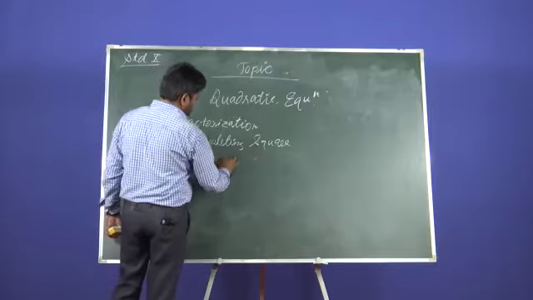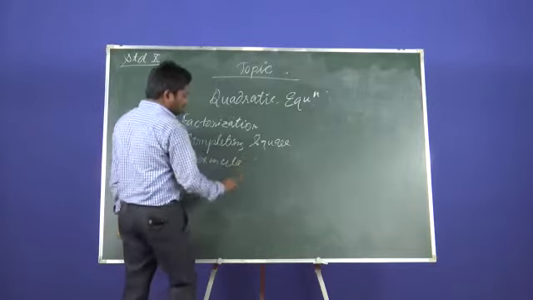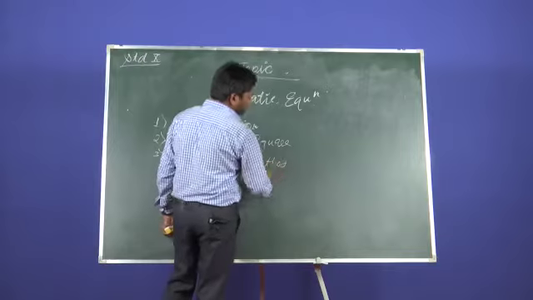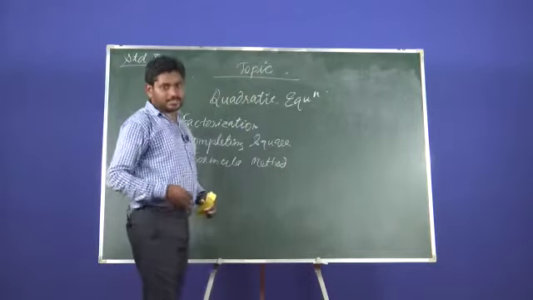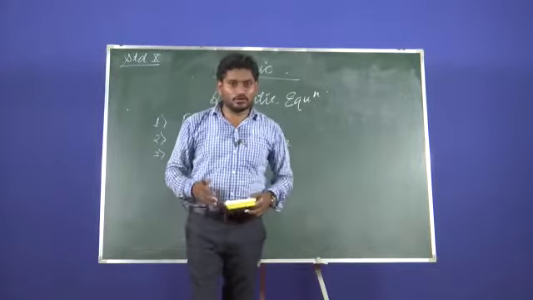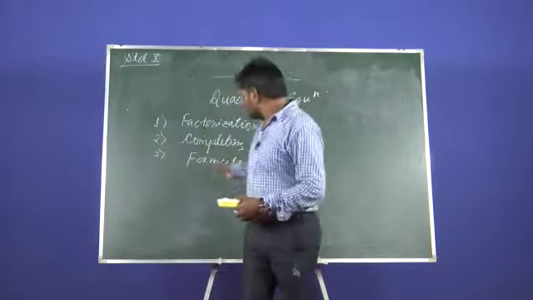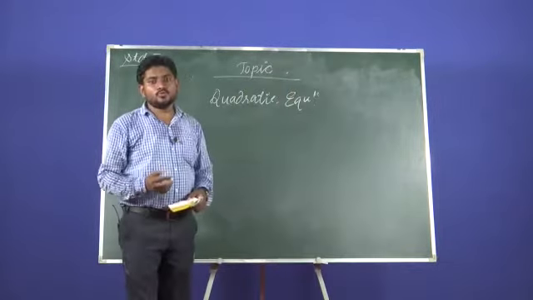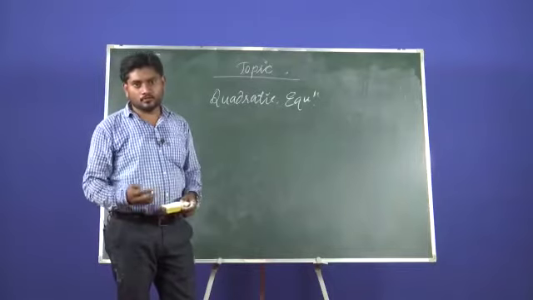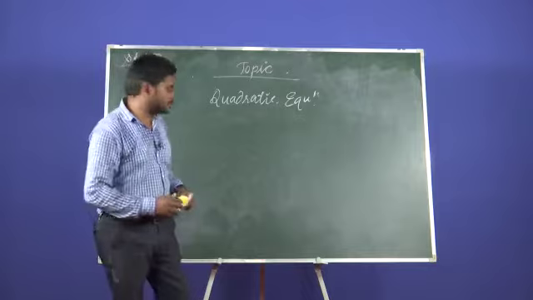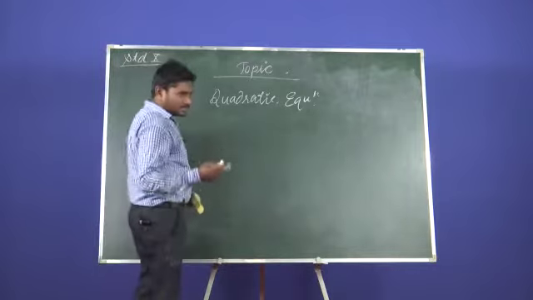the formula method. Guys, sometimes it is called the Sridharacharya method, formula method or Sridharacharya method, because it was derived by the Indian mathematician Sridharacharya. That's why this name is coined in honor of Sridharacharya. So guys, we are going to find the value of the roots, meaning the value of x, with the help of the factorization method. So just take any example.